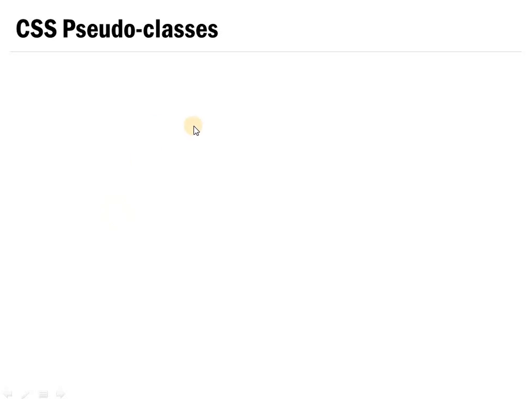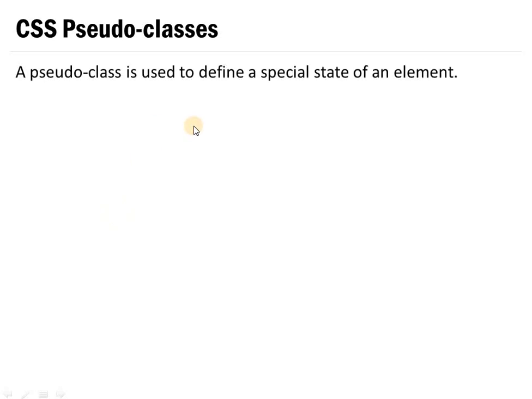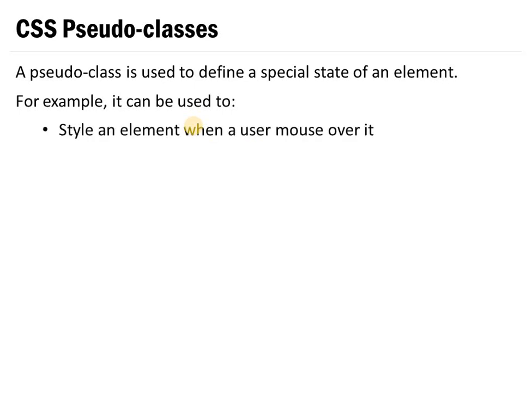Okay. Now the first thing is when you should use CSS pseudo class. Whenever you apply style for a different state of an element. For example, if an element gets focused, if an element gets clicked, if an element gets a mouse over effect, like that, then you can apply different styles using CSS pseudo class. Okay, these are examples of different states of an element.